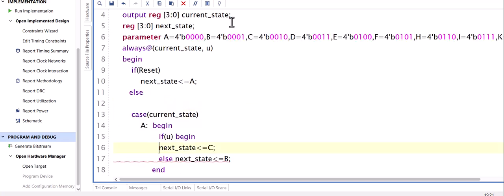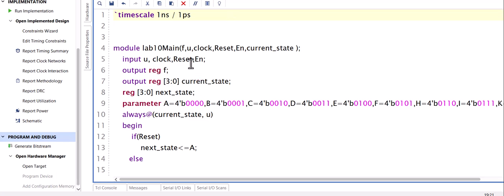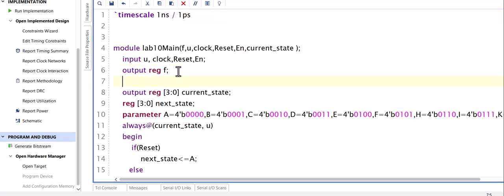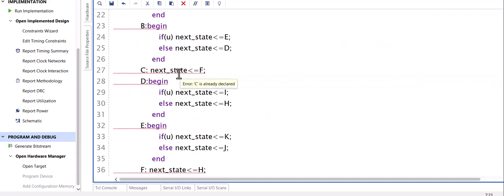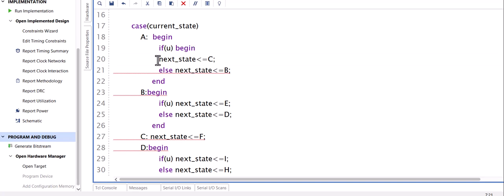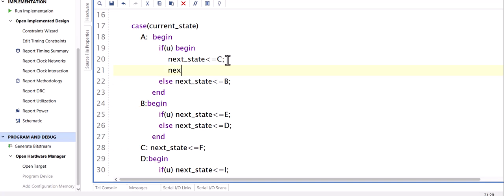I would have output reg, and reg next output, and then for each one of these I would have if you begin next state C, next output is 0, end,